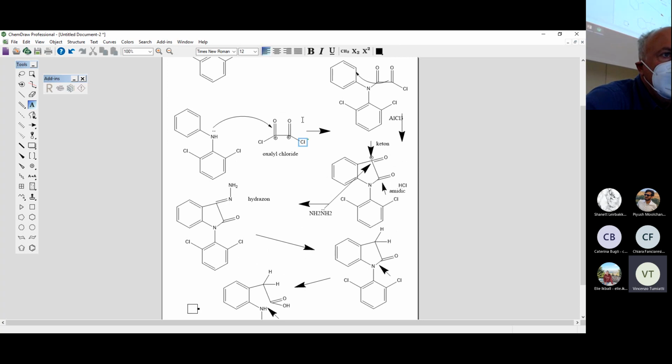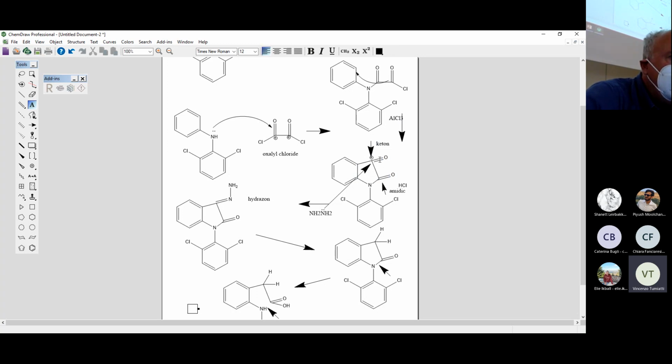We have the formation of the first amido group, and then an intramolecular Friedel-Crafts reaction, we have the ring closure, formation of this 5-member ring with 2 carbonyl groups, but one is an amidic group and the second one is